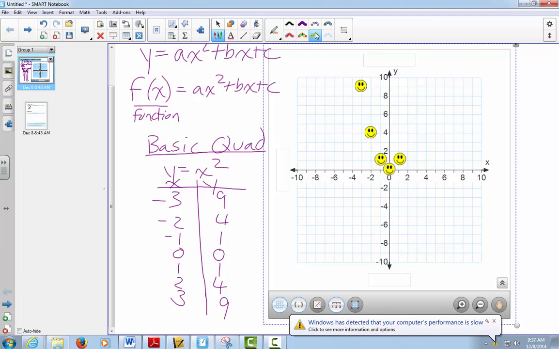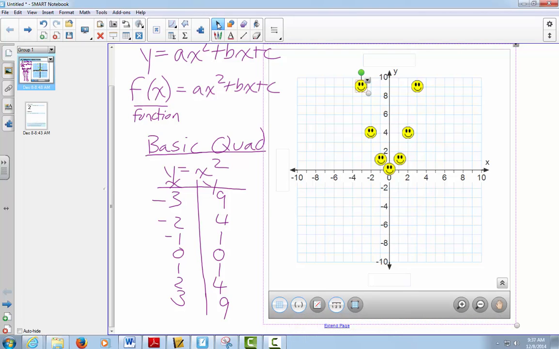And then as you go, it works back up like that. Now, these happen to be a little large, so we're going to make them smaller. See if we can make it smaller. Nope, we can't. So, if you connect the dots,